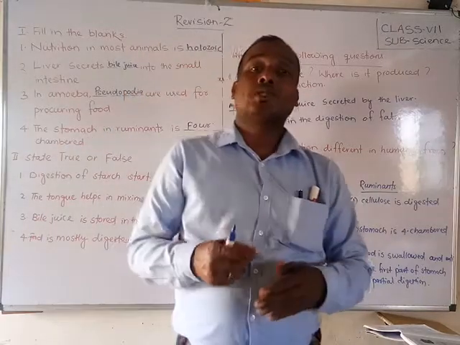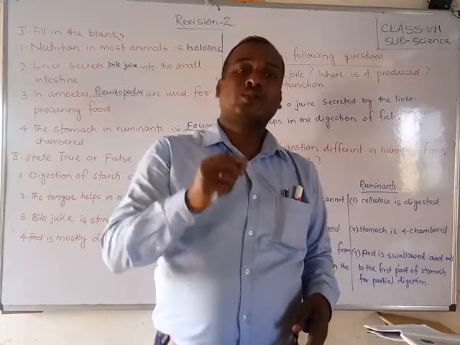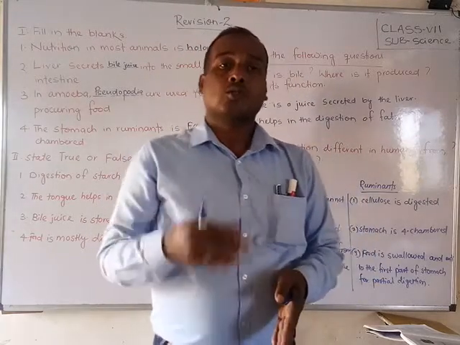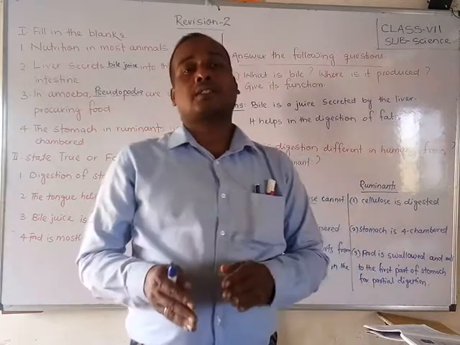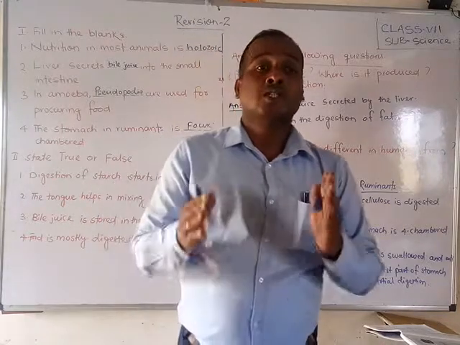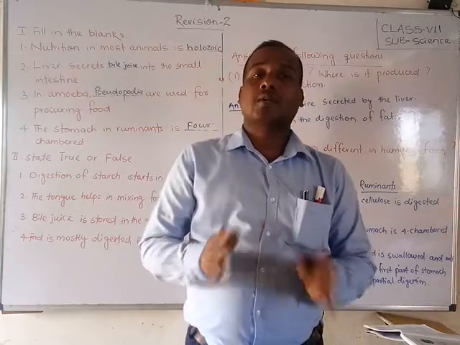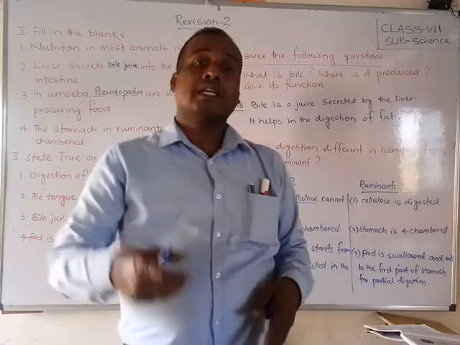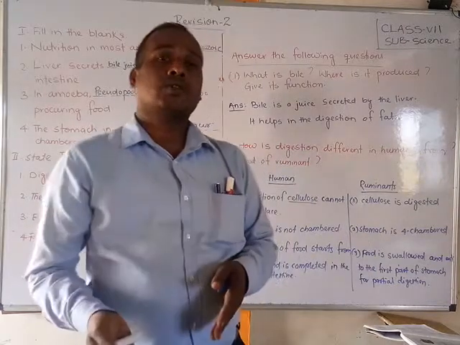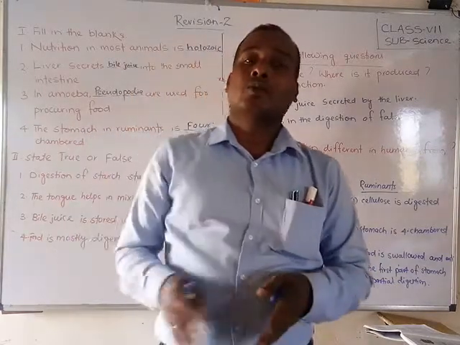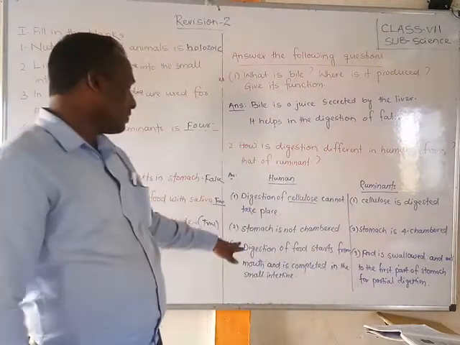Digestion of the food starts from the mouth and is completed in the small intestine. Friends, whenever food enters the mouth, digestion starts from there, because whenever we chew in the mouth, it then goes to the stomach through the esophagus. There hydrochloric acid mixes, and it is partly digested. Then it goes to the small intestine, where it mixes with the bile juice from the liver, and digestion is completed. Then nutrients are absorbed through the villi, and the remaining waste goes to the large intestine, then to the rectum, and comes out through the anus.